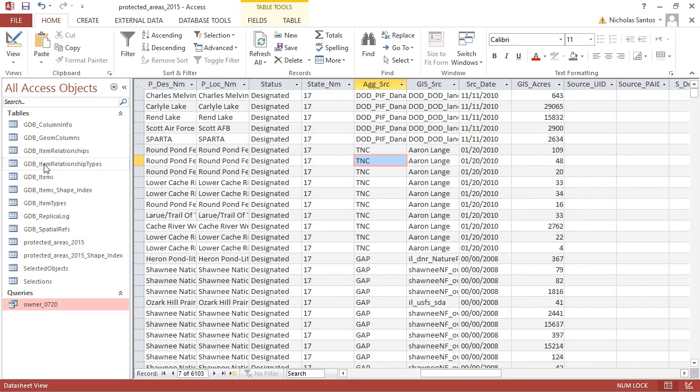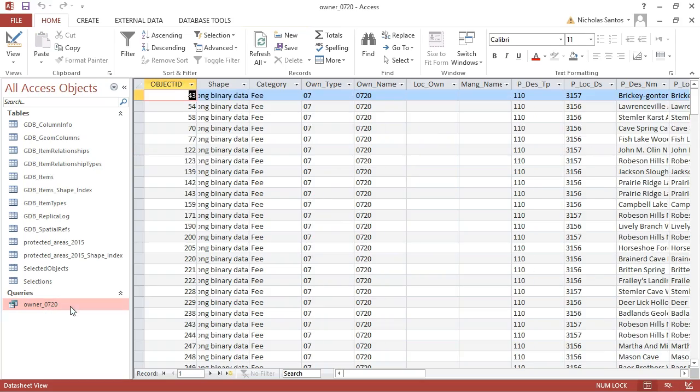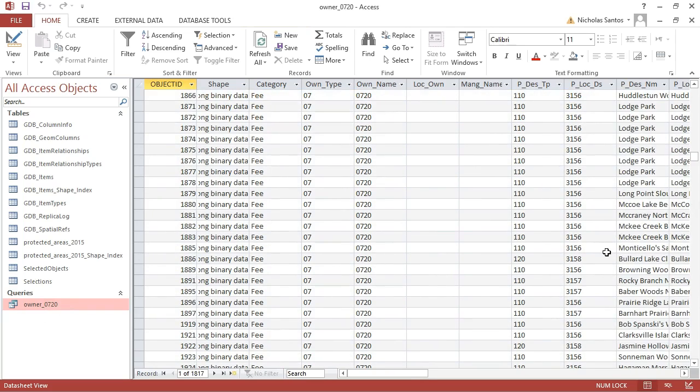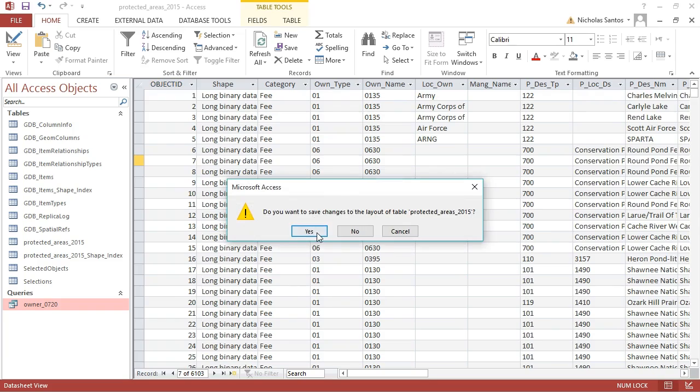So I can close this out and I can be browsing my data table, but then if I want to subset it immediately to that query that I wrote that's of interest to me, I can double click it and run that query immediately against the live data. Microsoft Access is a subject all on its own, so I'm not going to go deeper than that right now, but just know that there's a lot of power in having a geodatabase that is also an Access database. So I'm going to close out of Access here,